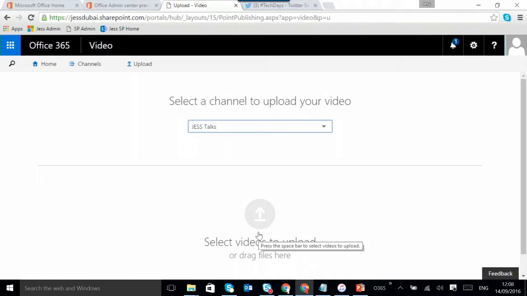Then Office 365 will go away and render that video and put it into the channel. The nice thing is the back end to this is actually all Azure Media Services, so it's not sitting in Office 365 as such. It's using all of that power of Azure Media Services to render and stream that movie out, without you needing to worry about how it works, and it also takes the load off your on-premise systems. Because I know from experience there's an awful lot of videos out there.